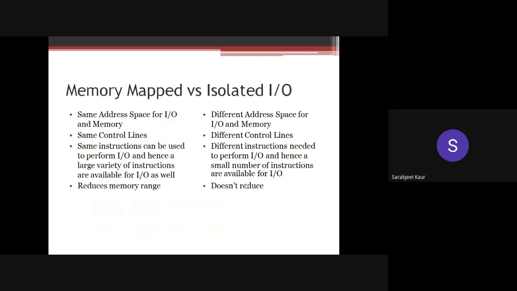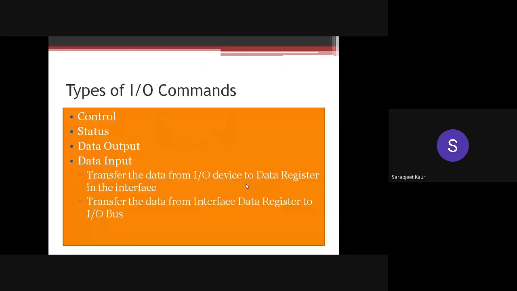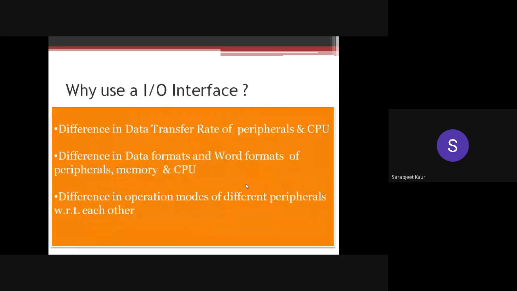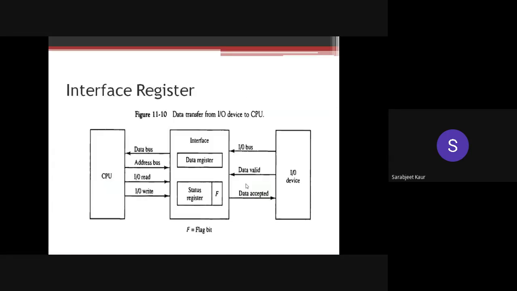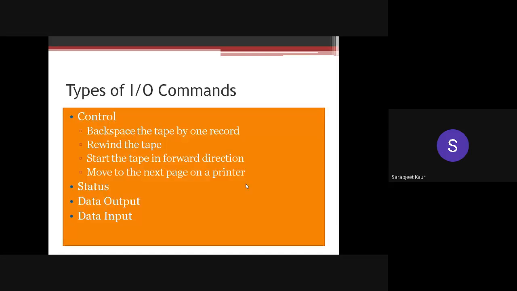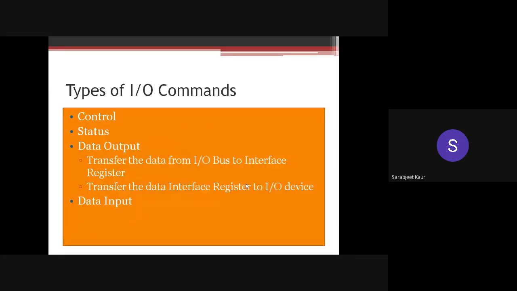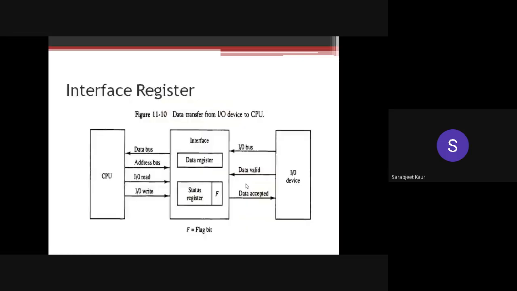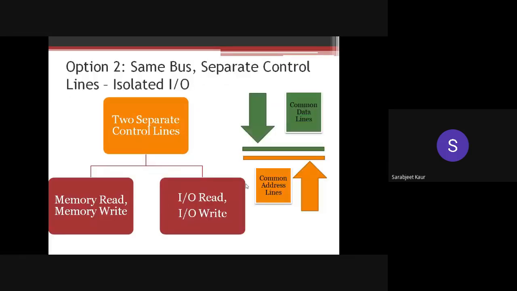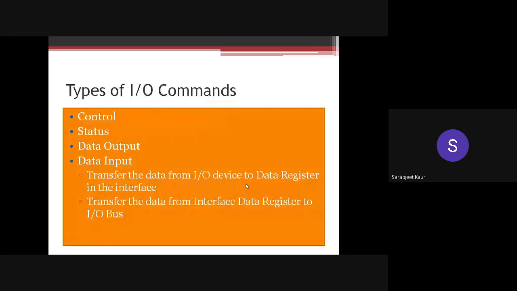So last time we talked about what is an IO interface, an IO bus. We took a peep into what lies inside an interface register. Then we discussed the various types of IO commands. I told you very important things, and then we talked about the